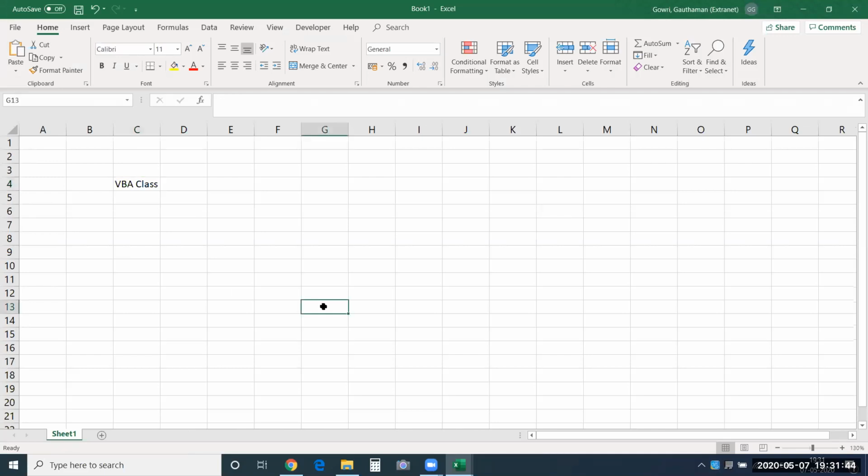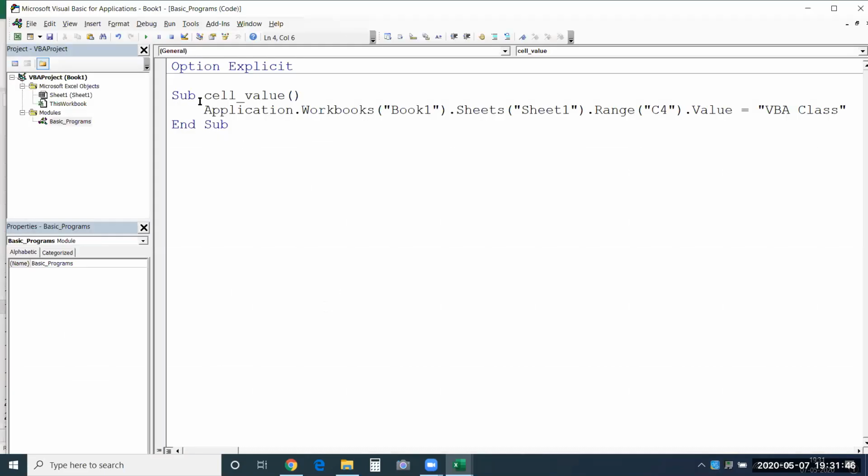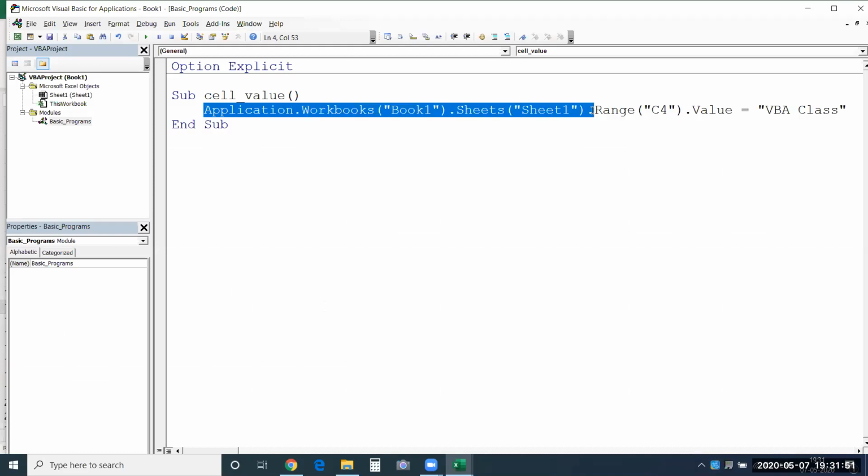But again, you don't have to write this huge line. VBA gives us some concession. It is going to consider the current application in which you are writing the macro, that is Excel, and it will also consider the current workbook in which you are writing the program.